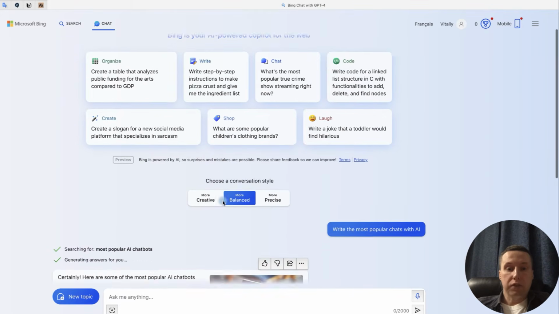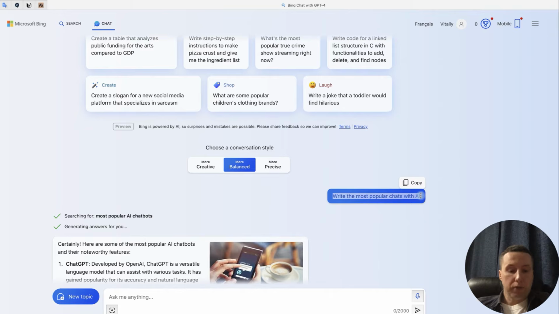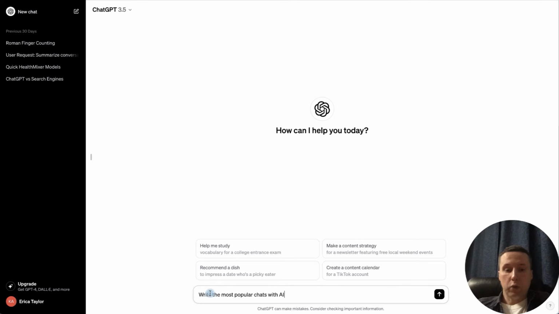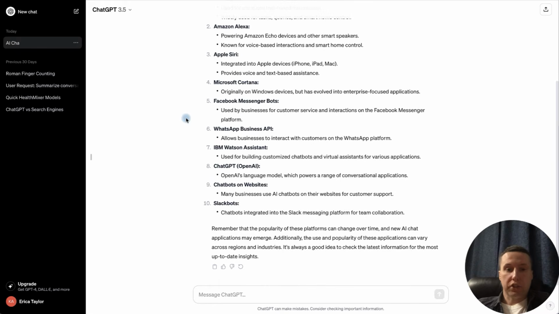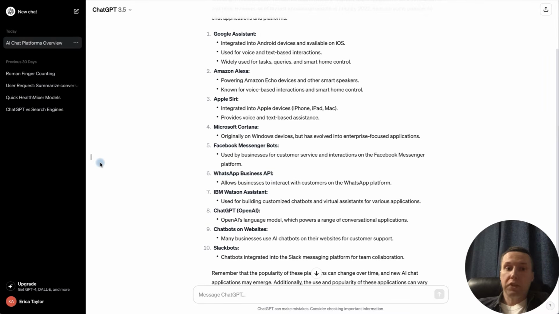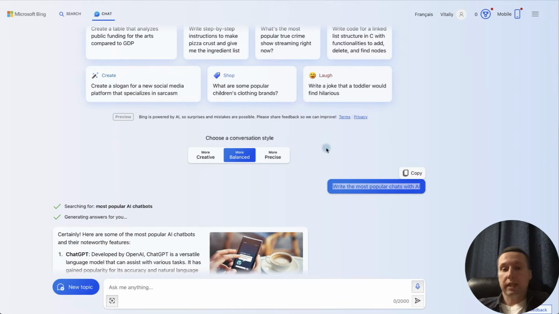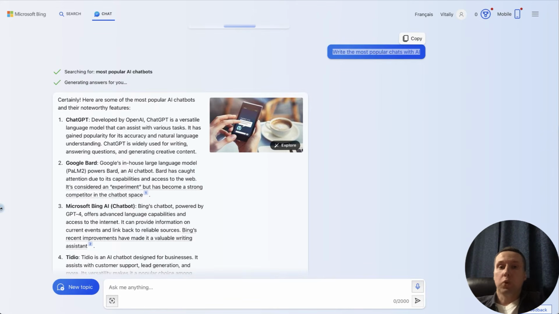And let's write the same to GPT-3.5. Write the same question and we see another answer to this question. In my opinion, Bing with GPT-4 did better because its information isn't limited. If for some reason you aren't satisfied with Bing Chat, for example, you think it doesn't answer correctly, then I